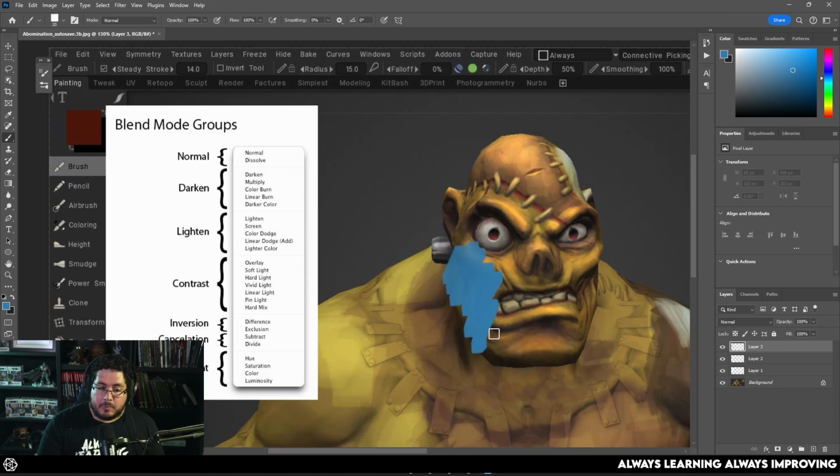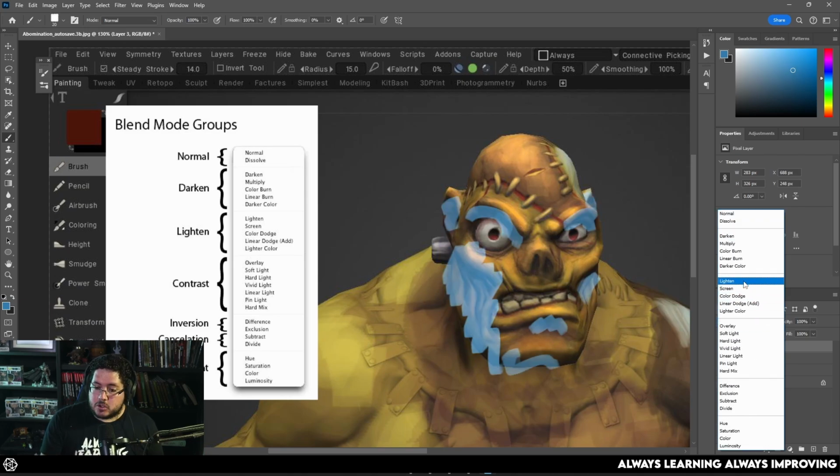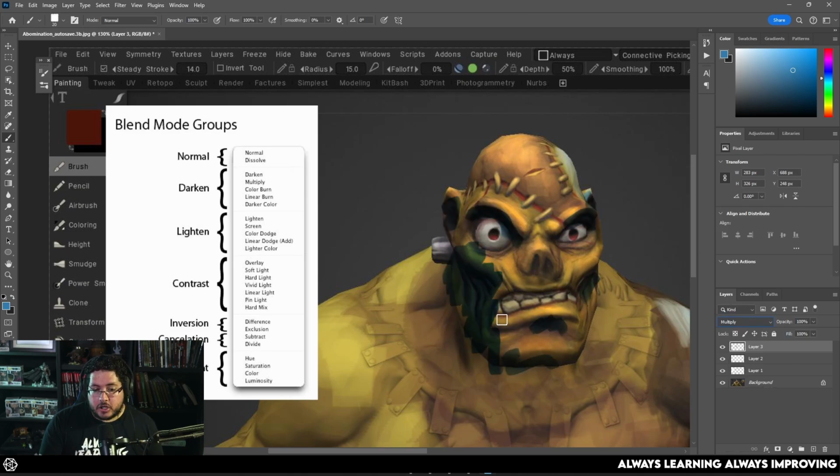So if I add, let's say, a blue color on all of my shadows, like I want to tone or color balance some of my shadows here with the character, and I change this to multiply, it will be a darker blue, and then we can blend, of course, with opacity to add a little bit of that extra new hue to the element, and again, bring the colors down way, way more.